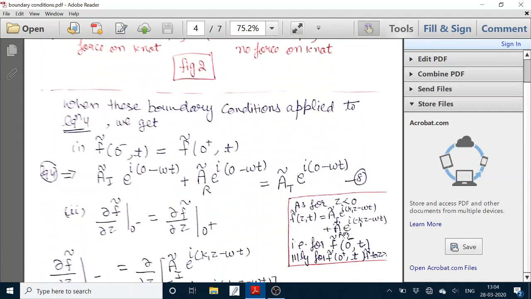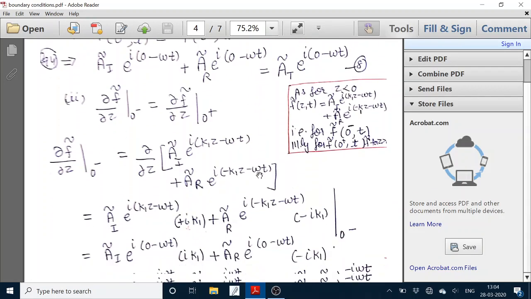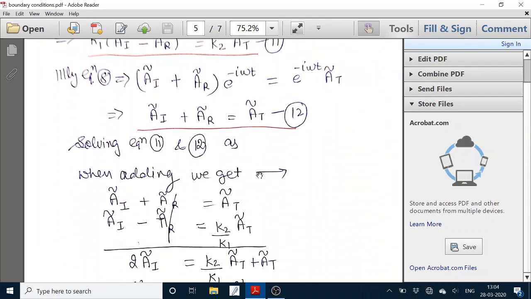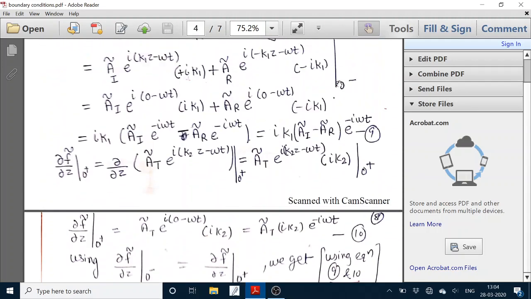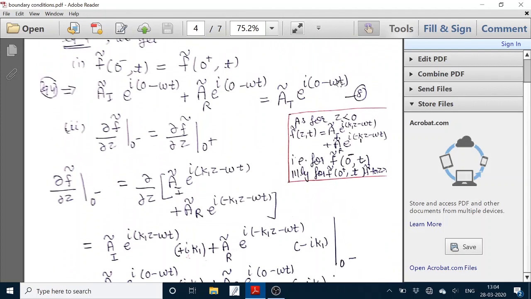On solving we get this, and on further solving, equation 8 comes out: (A_i + A_r) exp(−iωt) equals A_t exp(−iωt). This is the result of the first boundary condition applied on the function,